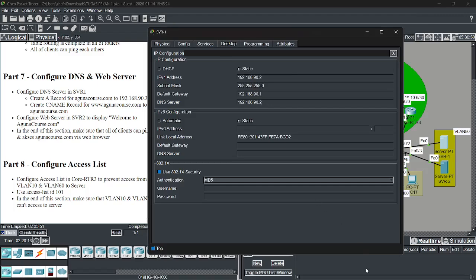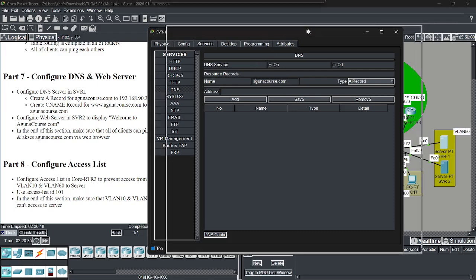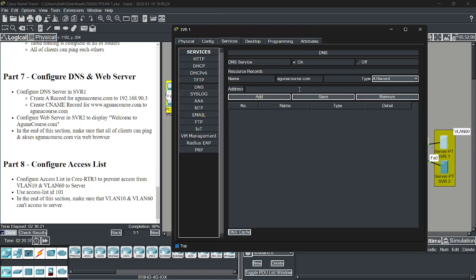And then we add the services, go to service DNS on, and then the name is agunacourse.com, at agunacourse.com. Okay, and then 90.3.